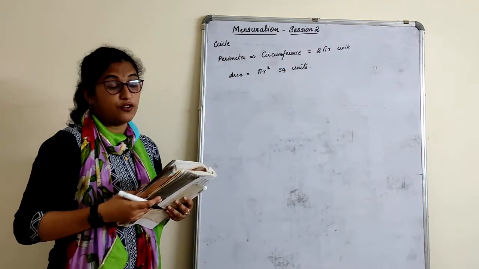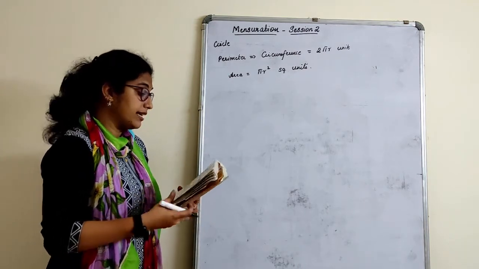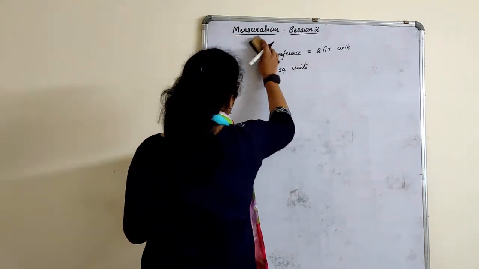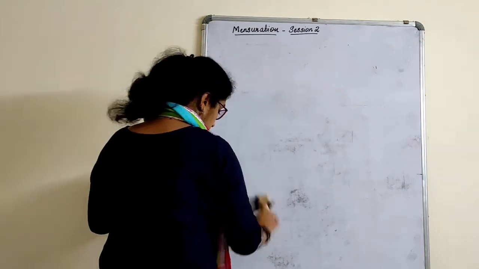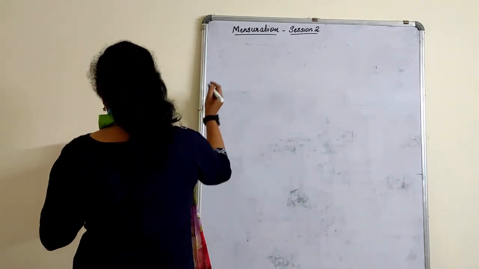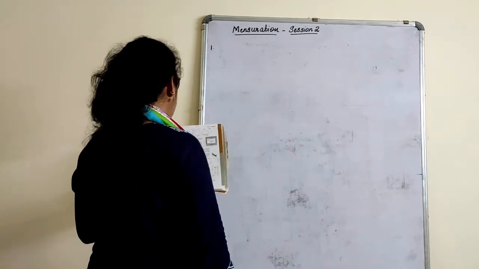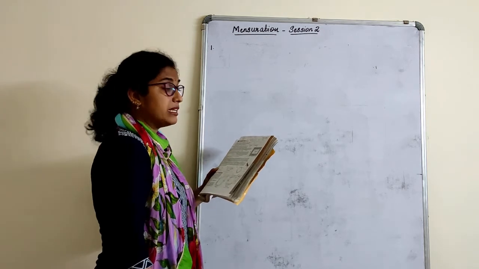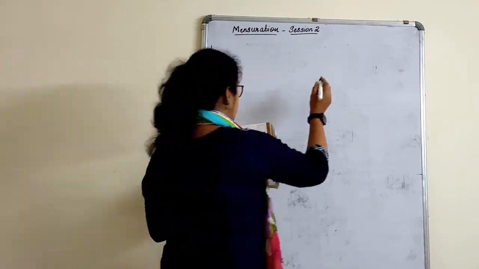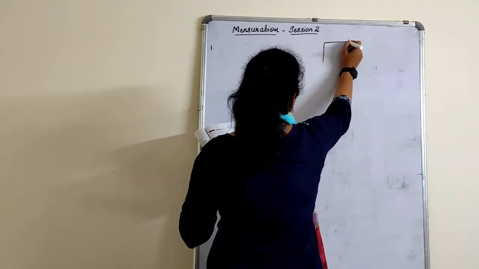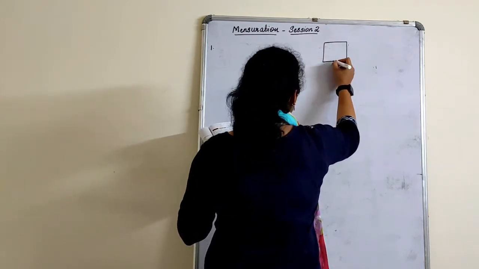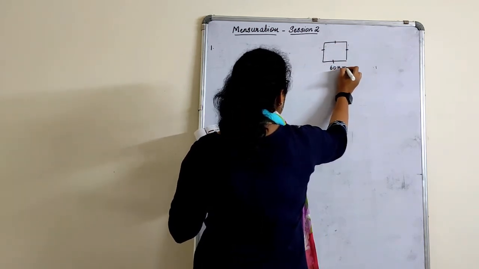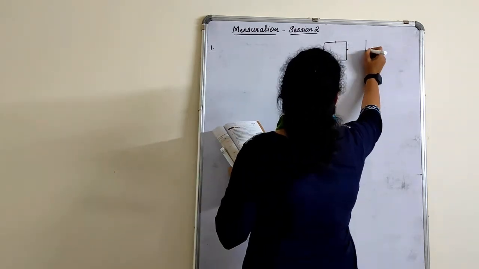Okay, this was the main thing which I had forgotten. So we'll immediately move to the exercise. First exercise, very simple, where we have to look for what plane figure it is and what they have asked, the perimeter or the area. First exercise: a square and a rectangular field with measurements as given in the figure have the same perimeter. Figures are very important. As you know, the right hand side will always be the figure. So this is a square, where I'll mark 60 meter which they have given, and a rectangle.